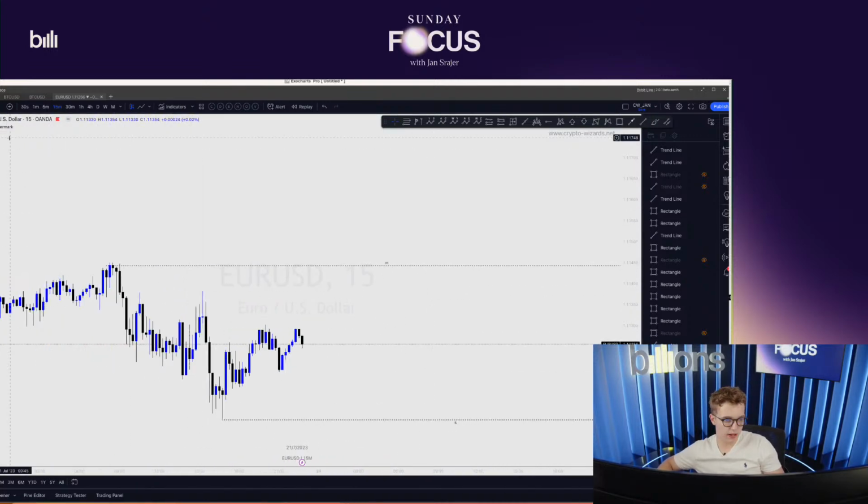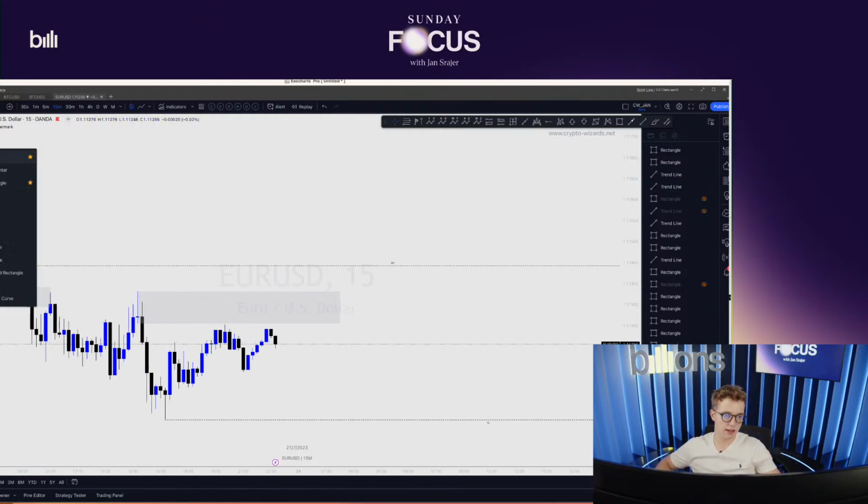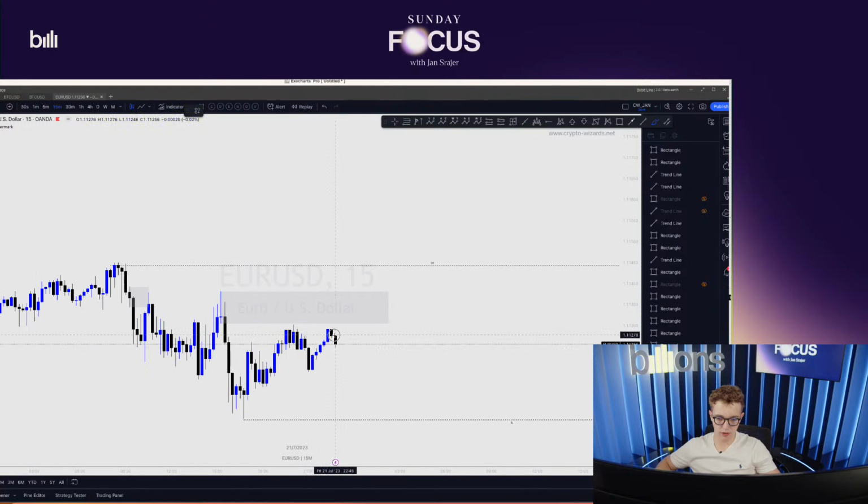It seems that it was, but let's just make sure. So yeah, this supply was mitigated right here, and basically maybe select this point. No, this wasn't yet. So it will be very, very important to see how price is going to react from this level. We can potentially look for a move up, sweeping the liquidity above this high that was created here, and potentially going